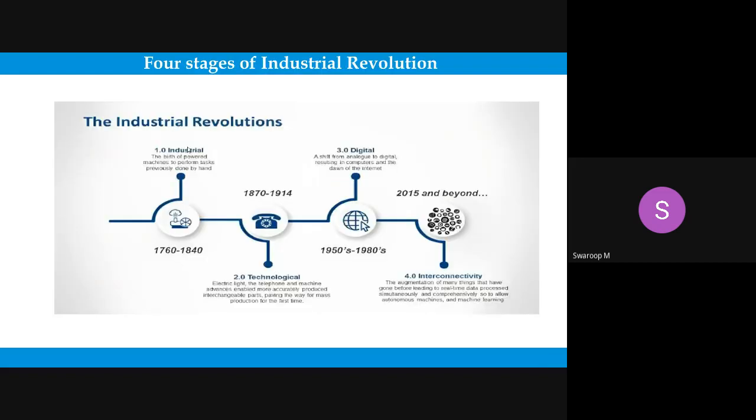So this is how the data revolution also happened along with the industrial revolution. Okay, so you can see the four stages of the industrial revolution. Currently we are in the fourth stage. The first stage of the industrial revolution was between 1760 and 1840: the birth of powered machines to perform tasks previously done by hand. That's correct, right? In the olden days, whatever task had to be completed was completely manual, right? You have to generate the fire, that means with the help of coal,